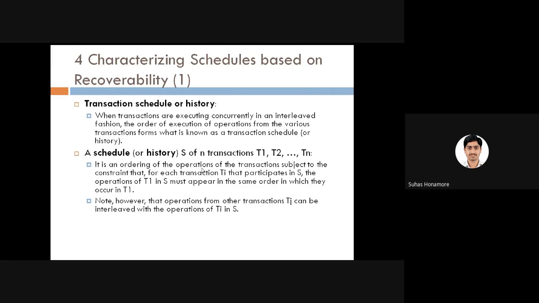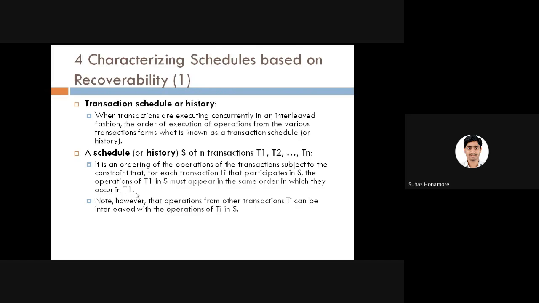If you saw the previous diagram, first some operations of T1 executed, then some operations of T2, then again some operations of T1. So here is the ordering of operations of the transactions subject to a constraint. Depending on the constraint, we are ordering it. For each transaction Ti that participates in the schedule S, the operations of Ti in S must appear in the same order in which